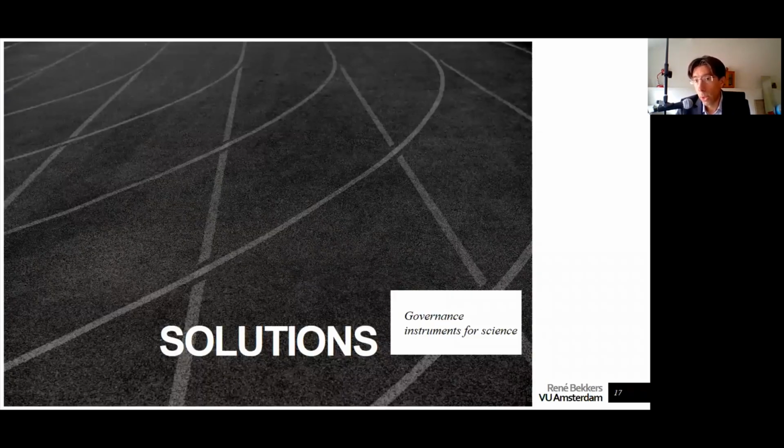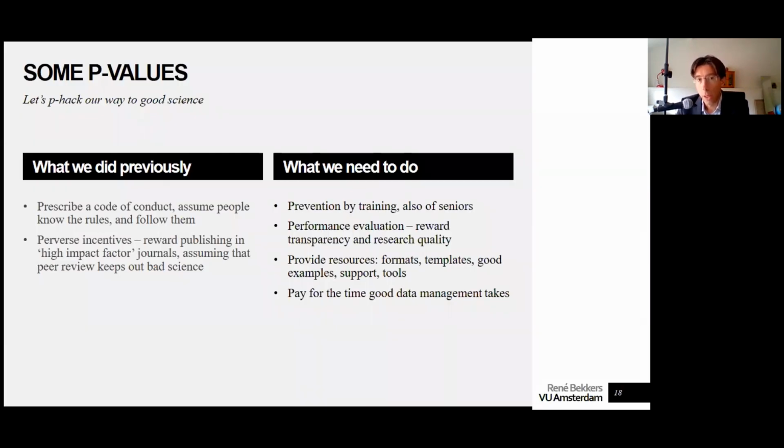So what could be solutions to these hindrances? I've summarized some of these solutions in the form of P-values. P-values have gotten a lot of bad press lately, but I think we can actually P-hack our way to good